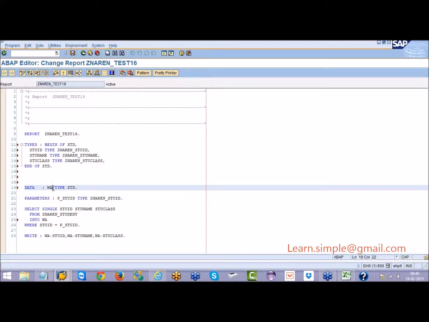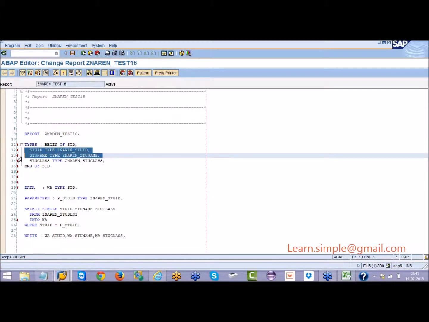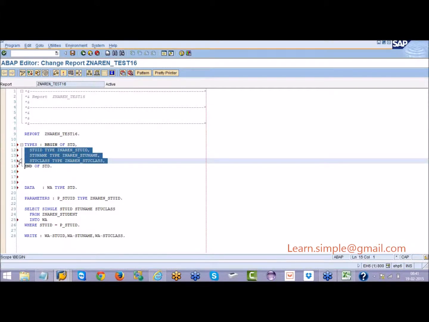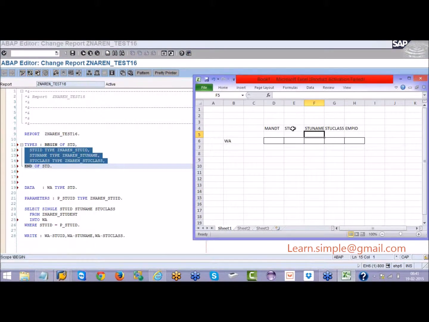So previously my work area had 5 fields. Now my work area has only 3 fields: student ID, student name, student class. So how does it look? Now my work area looks like this. Now when I am writing the select statement, I am getting this student ID, student name, student class.